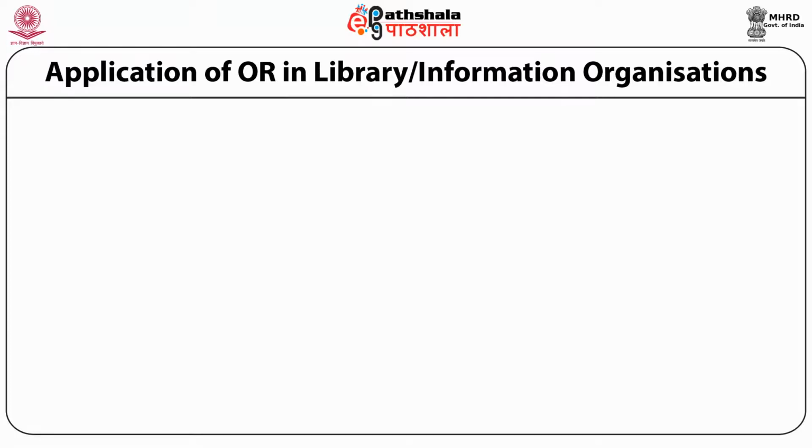And in addition to the above three examples, there are some other practical problems and areas of investigation in library and information organizations. These problems are related to inventory, allocation, queuing, sequencing, routing, replacement, and search of resources, services, procedures,